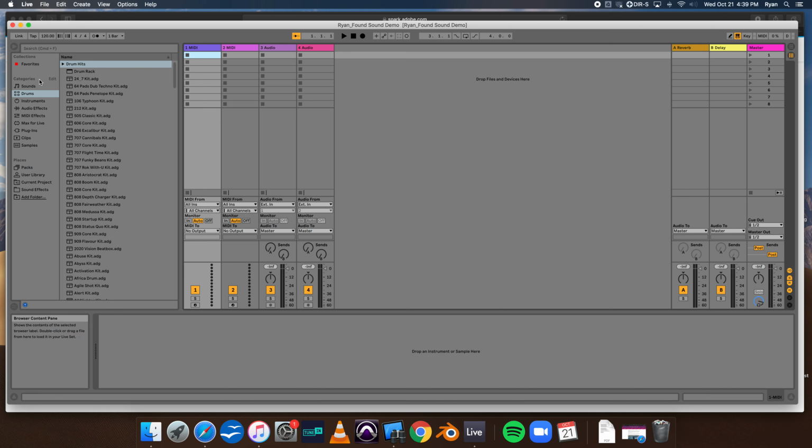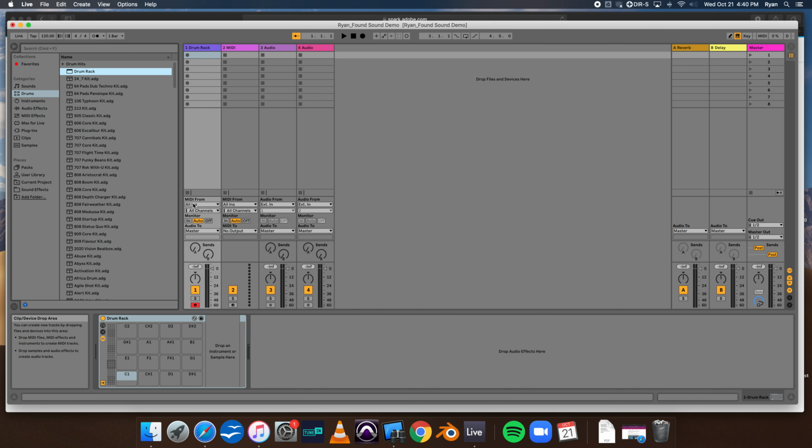Then what we need to do is go to our drums categories here on the left hand side, and we are going to find the drum rack, which should be right on top. Click and drag that onto your MIDI track. And what this is, is just an empty sampler pad basically. We can load any sounds we want into these boxes here,